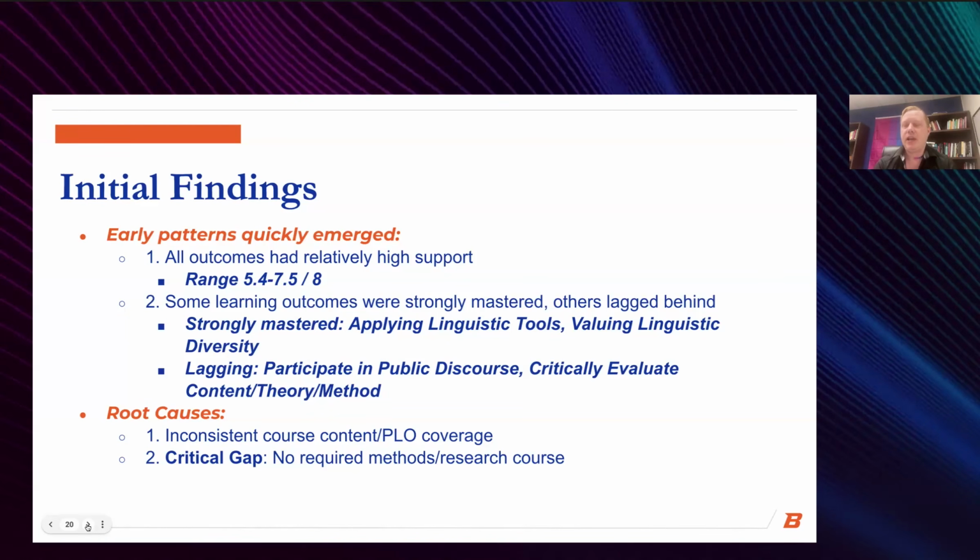So we were initially trying to address some of the weaker confidence PLOs in our individual classes. So like, oh, well, this is something that this class does, so maybe we can be more intentional about that in this class. But it became pretty clear within a few years that these gaps in confidence weren't really able to be solved as clearly just on a class by class or individual instructor kind of basis. And so we had a few meetings and discussions. We were trying to diagnose what the sort of causes for this were.